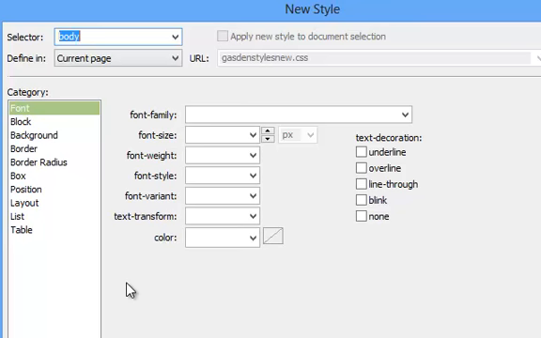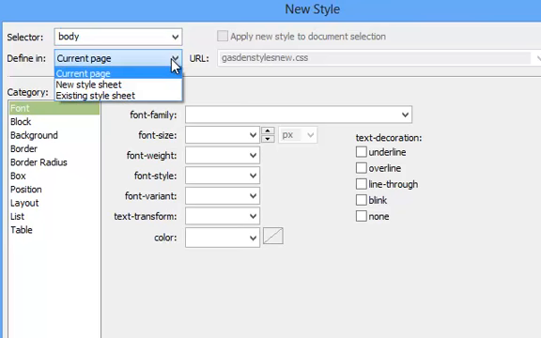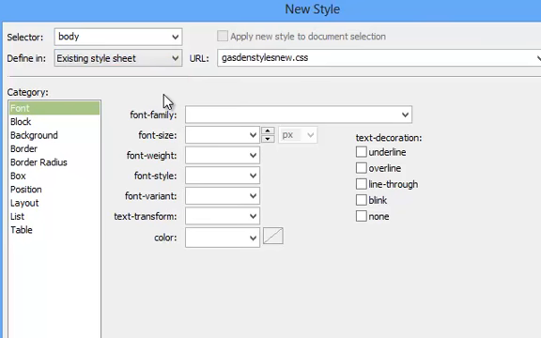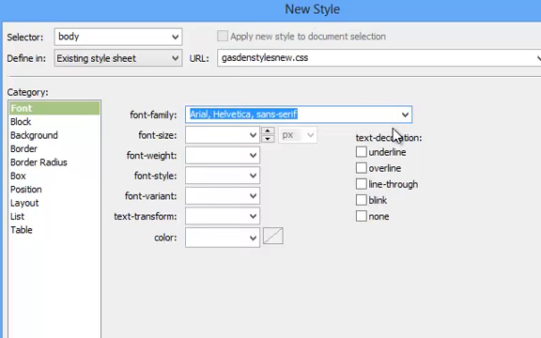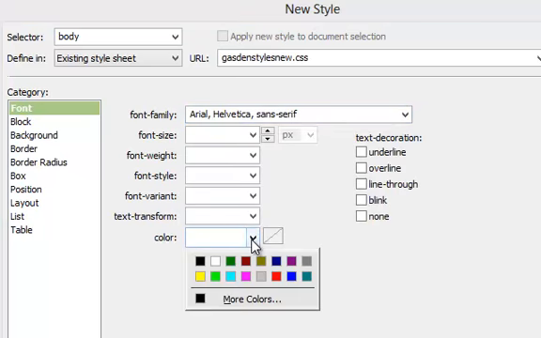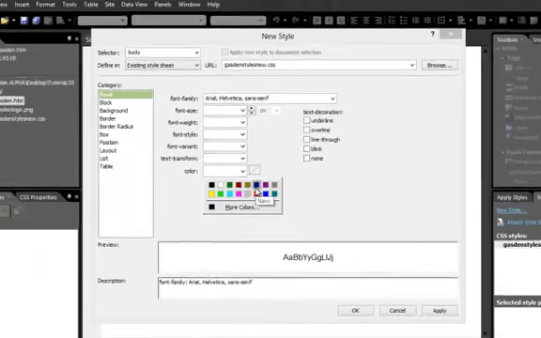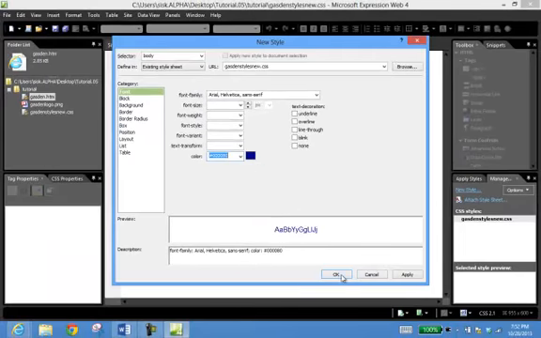Here, instead of applying it to the current page, you want to choose the existing style sheet, because I want all the changes I make, in this case my first one ever, to be in the existing style sheet called Gasden Styles New. So I'm going to choose that. I chose body, defined in an existing style sheet, and I'll do what the book says this time. The font family they're choosing is Arial, and they've actually chosen a color here. I'll choose navy. There's navy right there. And again, when I click OK,